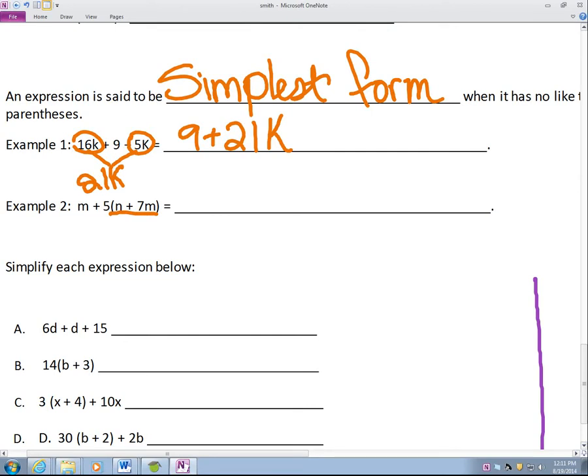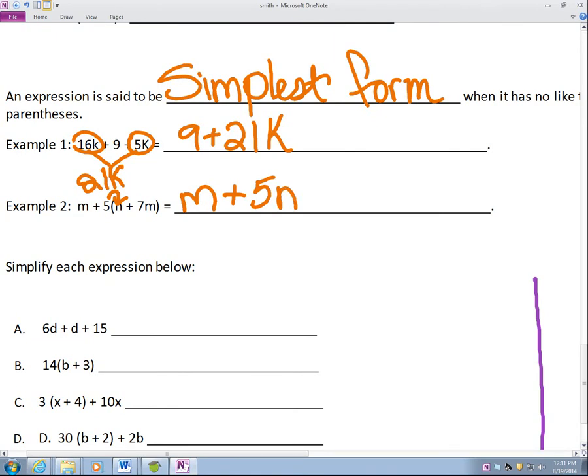Everything in there, right? Since these guys are in a parenthesis together, they're like a team. Okay, they want to stick together. They're like siblings maybe. If something happens to one, they're like, well, I didn't get 5. So we'll do m, because that's out there, plus, we have to do 5 times n,